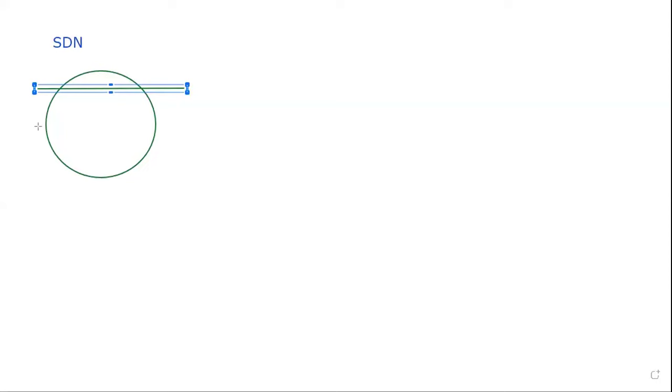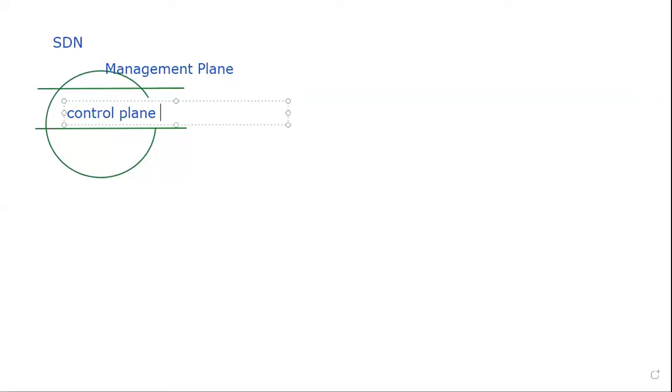It has three planes, and all those three planes are management, control plane, and data plane. Perfect. And they are tightly coupled with hardware. Yes, that's what I wanted to hear.